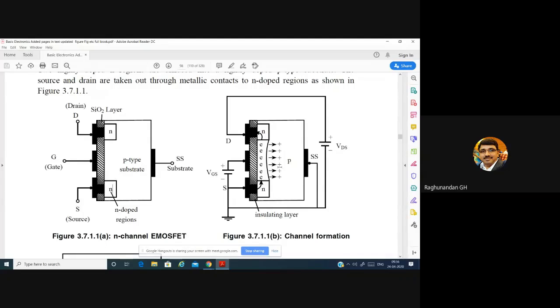At the same time, since you are providing positive gate voltage here, all the holes which were present here start moving towards the P substrate. Whatever holes we had here moved away from this particular area. When they move away, obviously what is left is electron only. When you have a heavy concentration of electrons in this area, automatically this becomes an n-type region. When this becomes an n-type region and it connects the source and the drain, it becomes an n channel for this particular MOSFET.